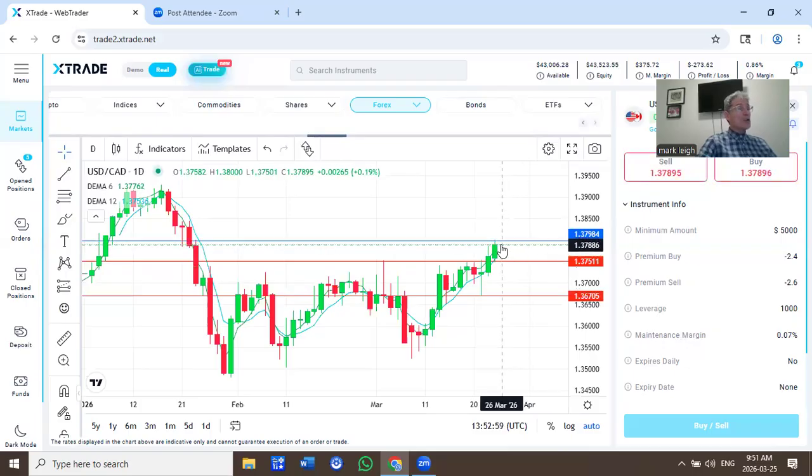We'll see if buyers, US dollar buyers, can maintain at this 138, perhaps even push higher, or if we get a turnaround from strong to weak US dollar and sellers step in, looking to bounce down off the 138 level, looking down at support at 137.51. Overall, we're seeing strong US dollar. We're seeing it on the index testing intraday resistance right now, doing the same against the euro, the pound, and the yen,